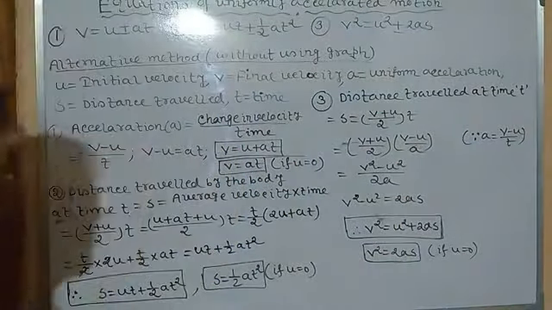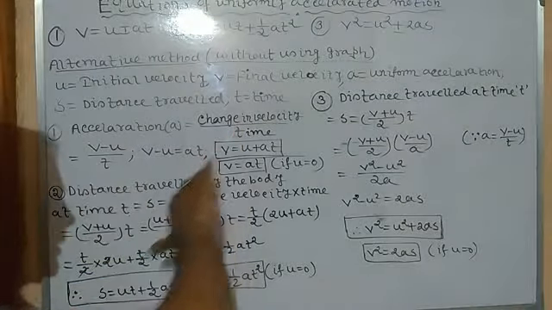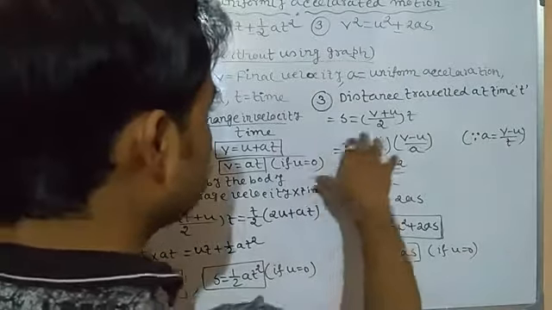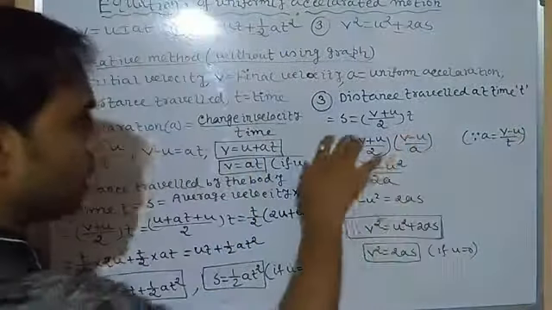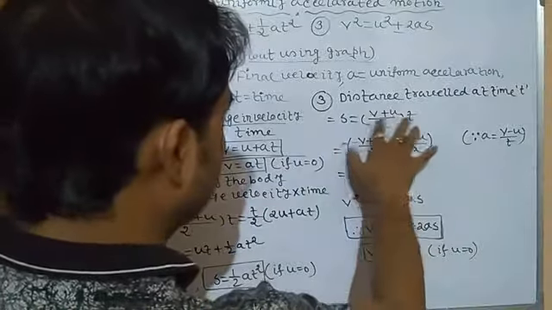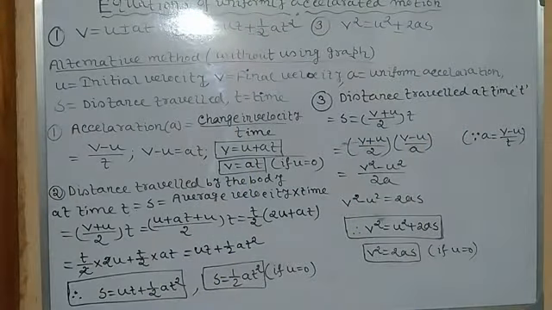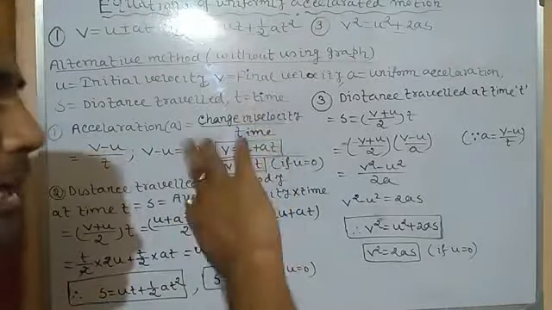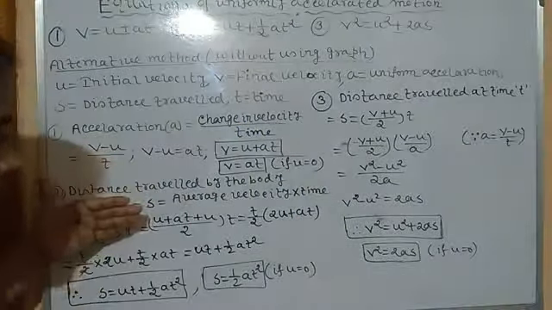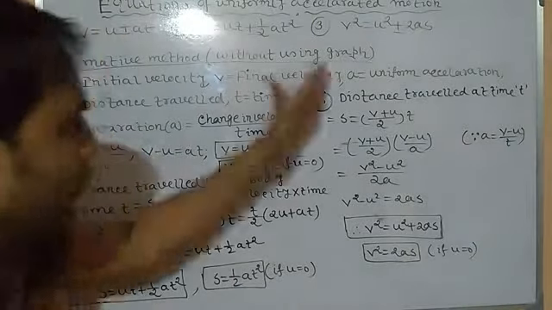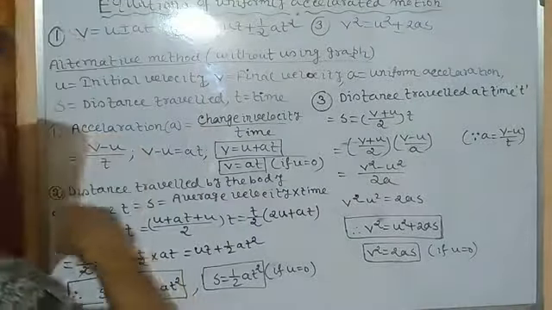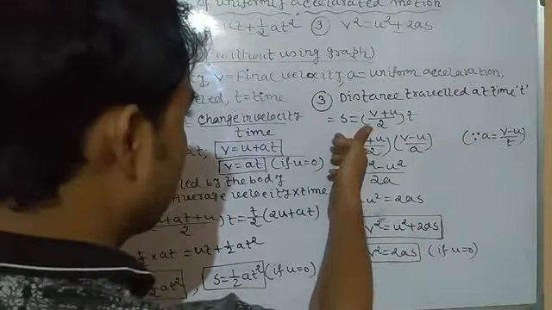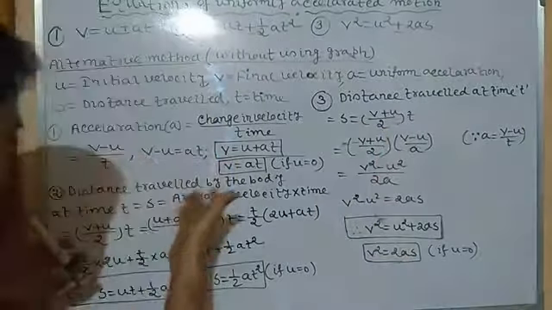Let's come to equation number 3, which again is the distance traveled at time t. There is no trapezium here, it will be the same triangle in both cases, if u is equal to 0. So s is equal to (v plus u) by 2 into t. When we used the graph we got two areas, one from the sum of the triangle and the rectangle, and in the second case we used the ready-made formula for the entire trapezium. But here it is the same formula, average velocity into time.